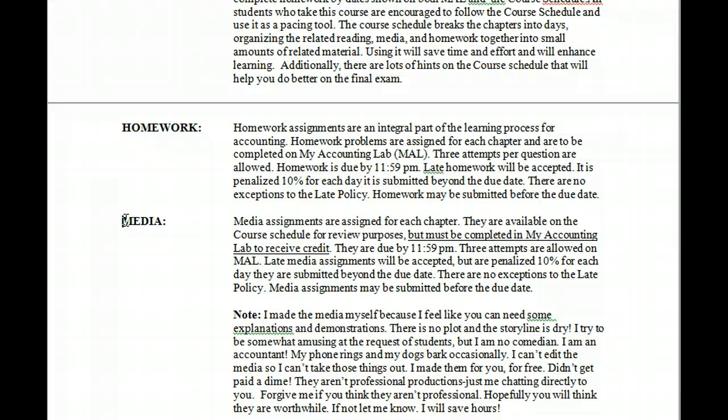The link for some reason gets tricky on My Accounting Lab. Watch it off the course schedule after you've tried to open it. One time Chrome did an update and it made all the links not work for a couple of days, and students had to watch off the course schedule. But they opened it once, got credit, and everything worked. You can't really control what Chrome does, so. There are 3 attempts allowed on the media. There's a 10% penalty for watching it late.